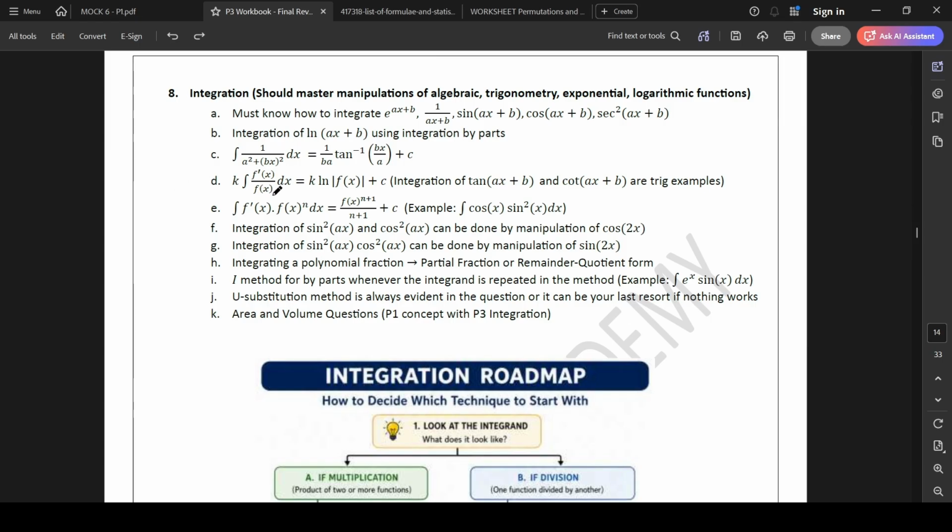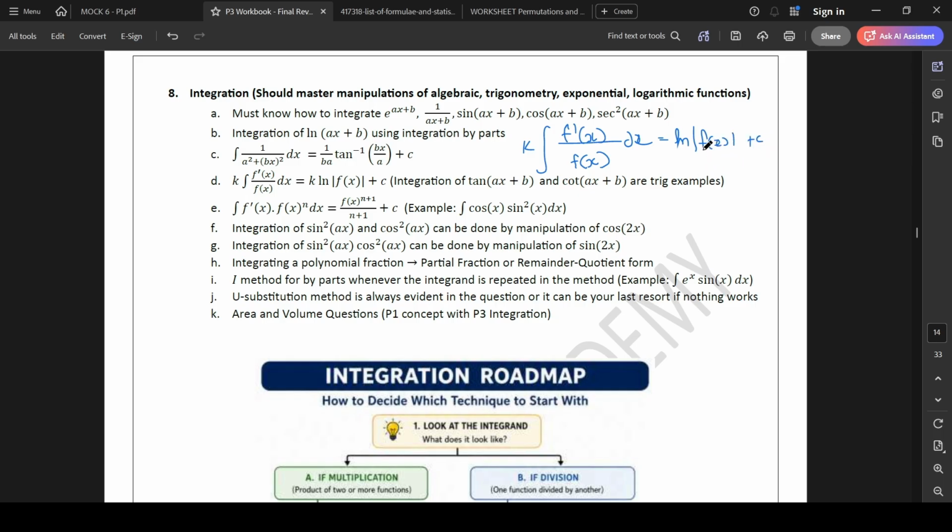Now the next key pointer is, if we have to integrate a fraction which is in the format of f dash x over f of x, that is, a fraction in which you have a function in the denominator and its respective derivative in the numerator. Or let's say by simply taking the derivative of the denominator, you can't get exactly what is present in the numerator, then you need to multiply or divide with some kind of number to get it exactly in that format. That is why I've written k outside. Once you have that particular format where exactly the derivative of f of x is present in the numerator, the output will 100% become ln of modulus of f of x plus c,